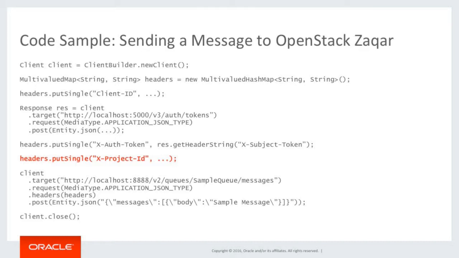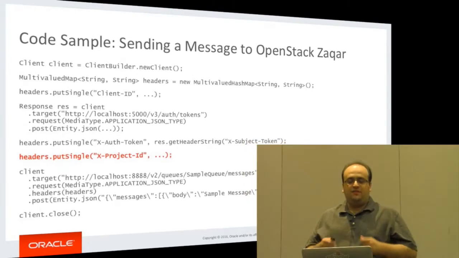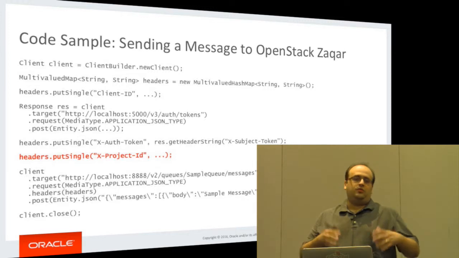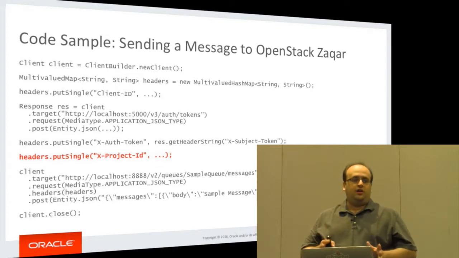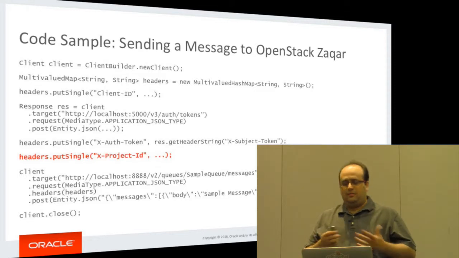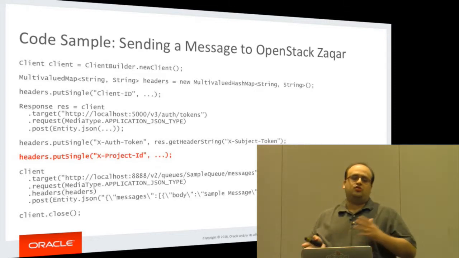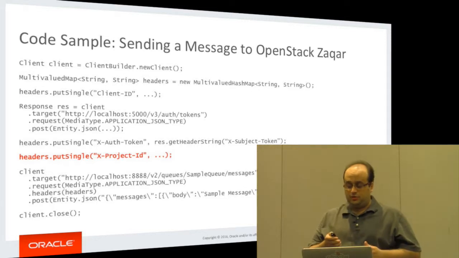Probably because it is one of the very few that was specifically designed for the cloud. So other services, as we're going to see, are multi-instance. So you have to create a different instance for each tenant, but Zaqar is different. It's multi-tenant. So you have a single Zaqar instance that can serve many projects. That makes a lot of difference, from architecture to pricing. So that's important to keep in mind.